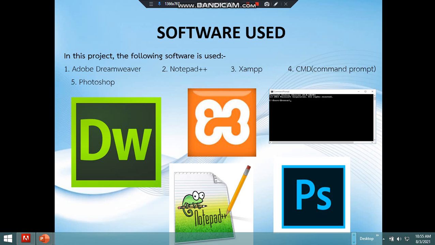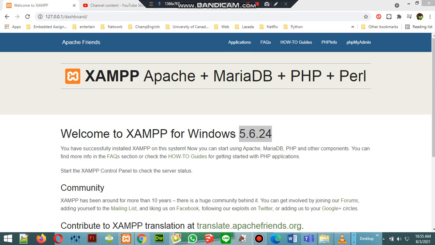For Xamp specifically, I would recommend version 5.6, not because it's the best, but because it's the version that I've used. I've had no issues with it. I've tried some other versions. I had issues with Windows being not compatible with other versions of Xamp, issues with having to format or reinstall my Windows just because the version of Xamp wasn't compatible. So 5.6 is quite okay if you're using